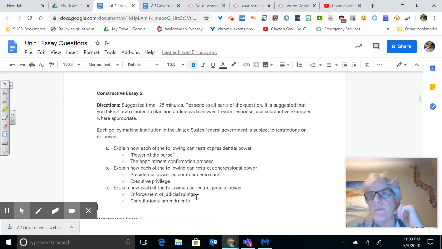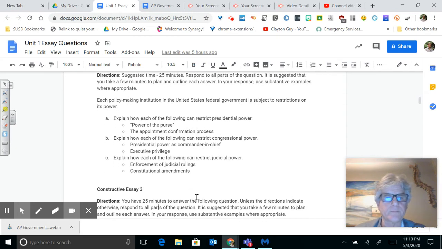So if an amendment was passed that says you cannot burn the flag, and it passed with 38 states, that would limit the judicial power. The Court can't say that was unconstitutional, because an amendment supersedes this. The famous example that did happen was Dred Scott, which said slaves were not people and were property. And then you had the 13th, 14th, and 15th Amendments, which basically made Dred Scott unenforceable. So that's a couple of cases where, if you have a bad Supreme Court case, you can pass an amendment to restrict the power of the Supreme Court.